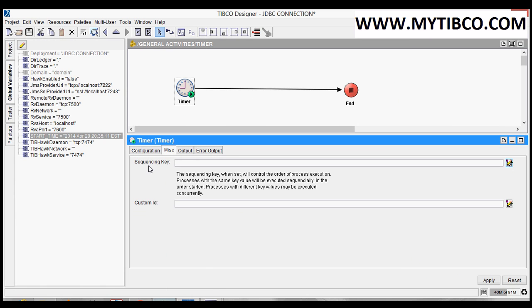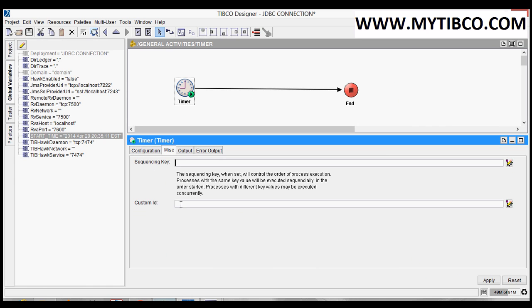If you want these 10 jobs to be performed one after another, in that situation we can specify the account number here, so that the jobs under that account will be processed one after another, not simultaneously, not in parallel. That is the usage of the sequencing key. I have explained the sequencing key with an example in another session, the sequencing key session.